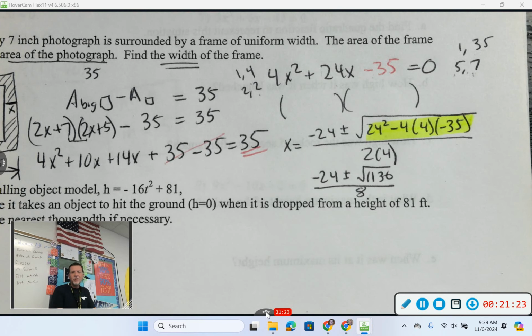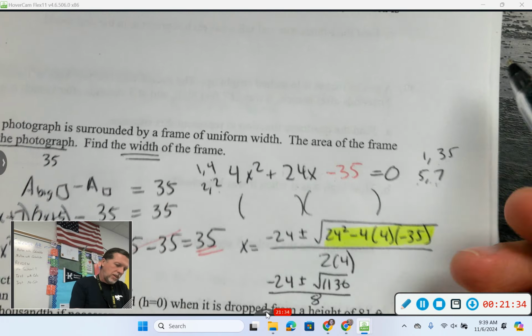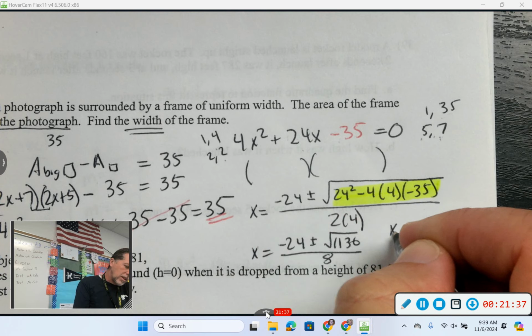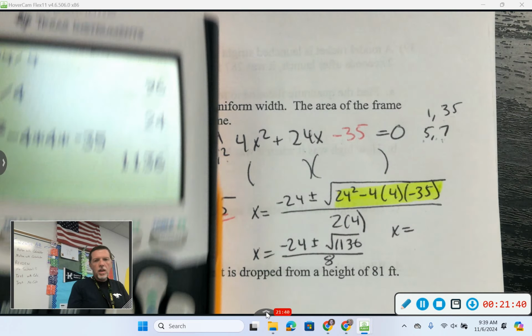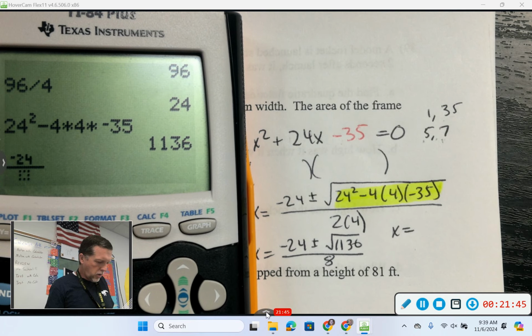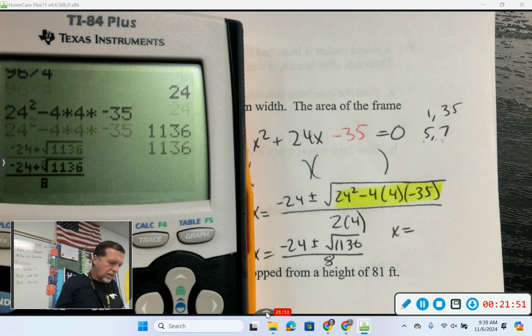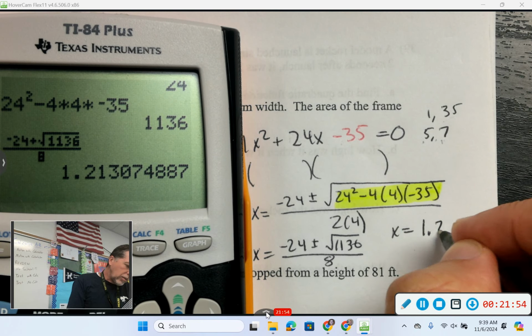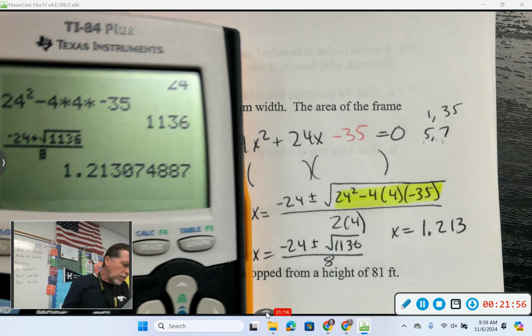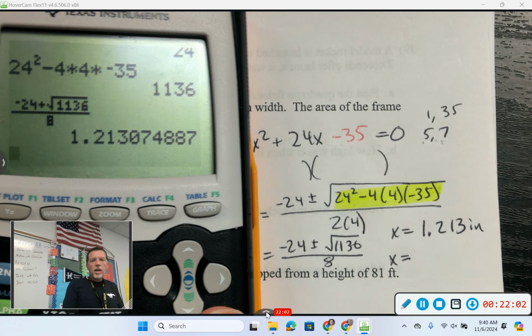Well, I got a calculator, so how many answers is that? 2, so I need to find both answers, although I'm suspicious. It doesn't feel like there should be 2 widths that work here. But let's find them both and see if we can make sense of them. So I'm going to go with the fraction bar. Negative 24 plus square root 1136, all divided by 8. 3 decimals, always 3 decimals. 1.213 inches. And then for the other one,